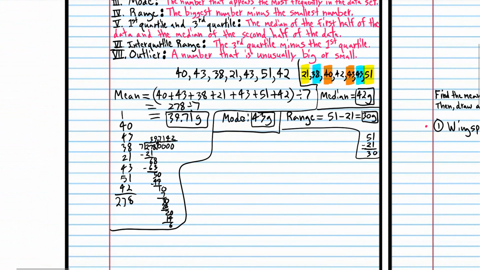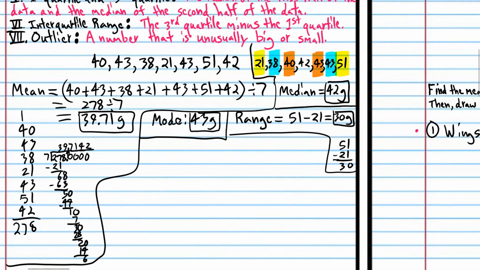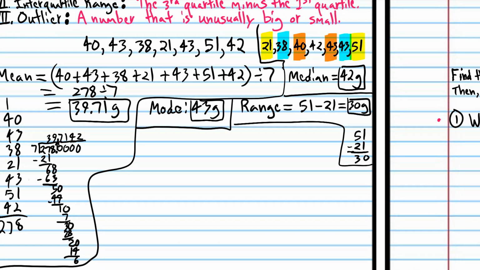All right, so now we're going to find the interquartile range. But before we do that, we have to find the first and third quartile. So let's first find the first quartile. Quartile means quarter. It means a fourth of the data. So what you're doing is you're breaking the data into 4 parts, and you're finding the first quartile and the third quartile. I know that sounds esoteric, but here's how we find it. We divide all the data into 2 halves. In this case, we have an odd number of numbers,